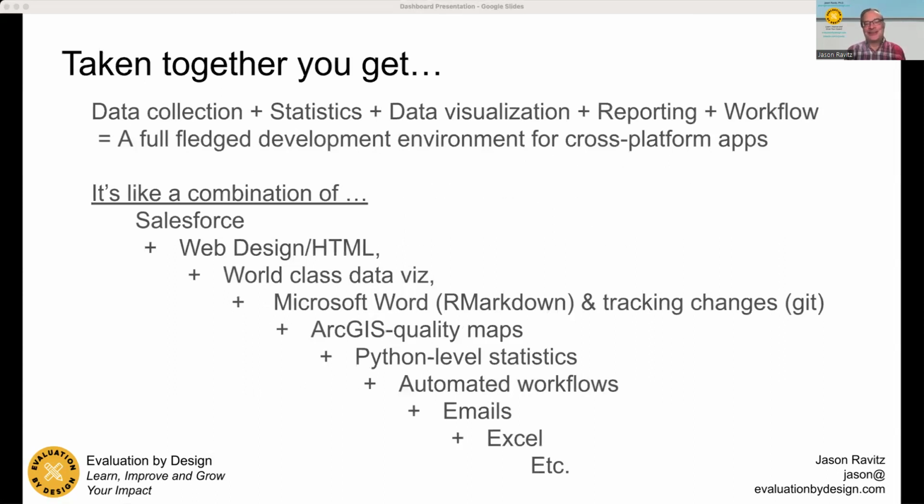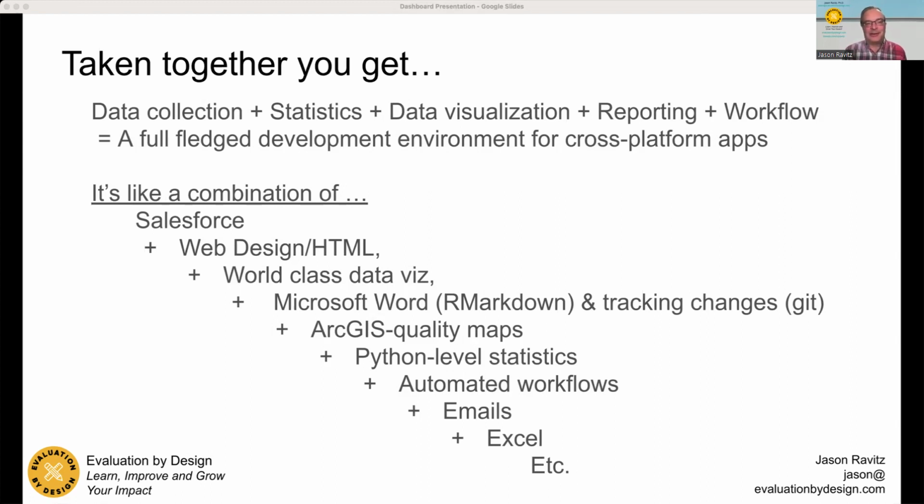This might be overstating it a little bit, but the way I'm looking at it for today is you get data collection plus statistics, plus data visualization, plus reporting, plus workflow. It's not just one of these, it's all of these. I've seen on the web, it's a full-fledged development environment for cross-platform apps.